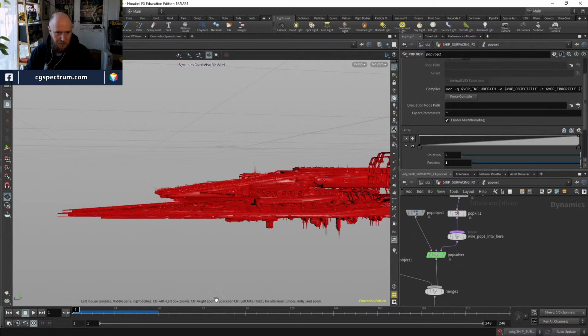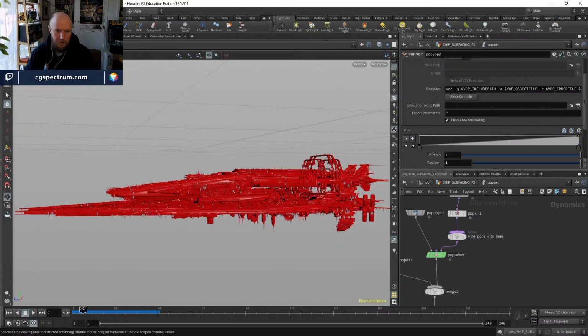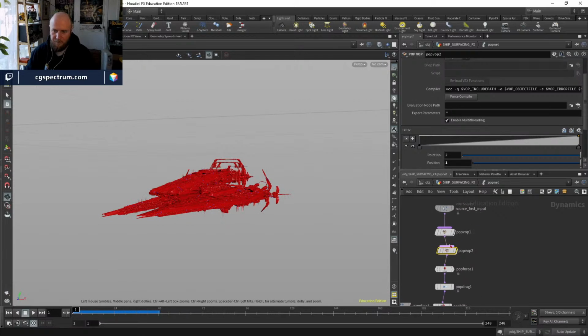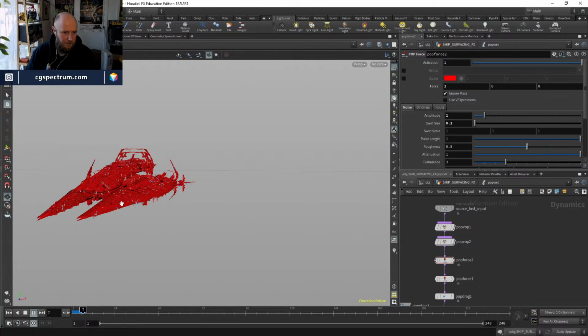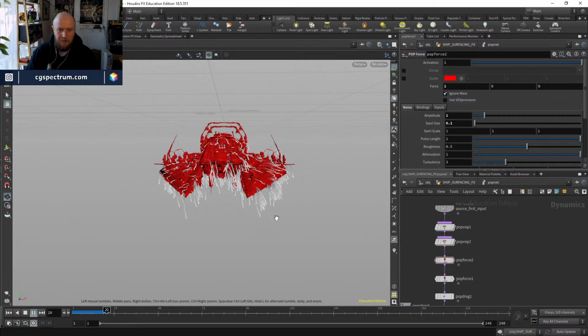So let's keep going with this one and see. Turn this back on. See what we've got. The other thing we could do is add a little bit of wind as well. It's all very sort of straight up and down, so we could add a little bit of extra force to it. So I'll duplicate this pop force here and add a little bit of X. Let's try that. Probably going to be a little much, maybe. Oh, maybe not. We don't have wind anywhere else in our scene, so it's possibly not a great idea to do that, but...